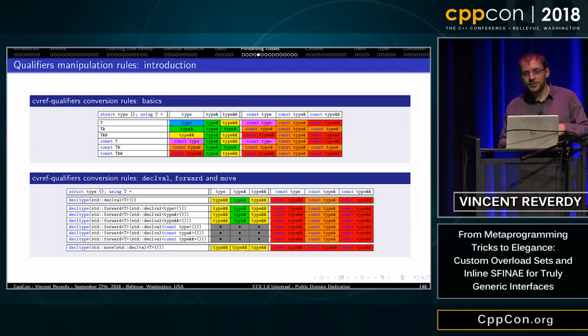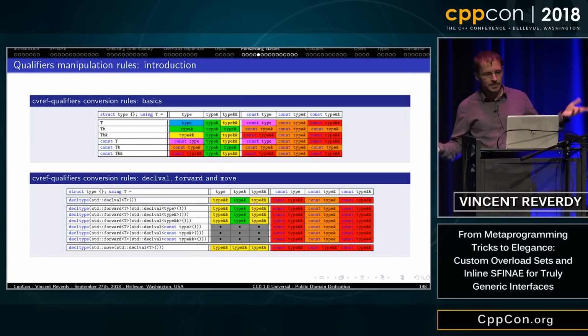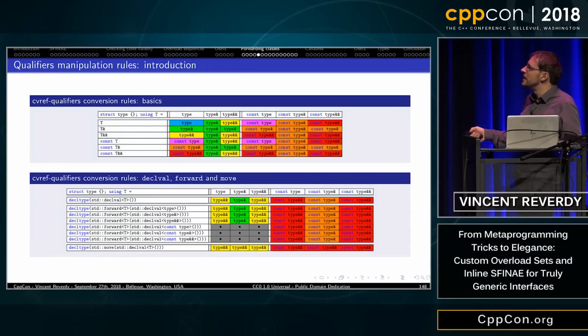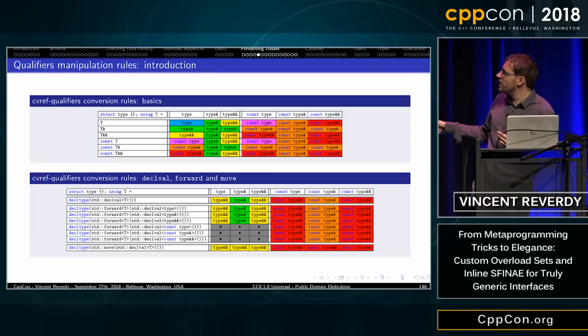And you can study all these conversions happening. And as I said, you can try a lot of things, see how forward will forward, see how decltype(val) works, and all types.